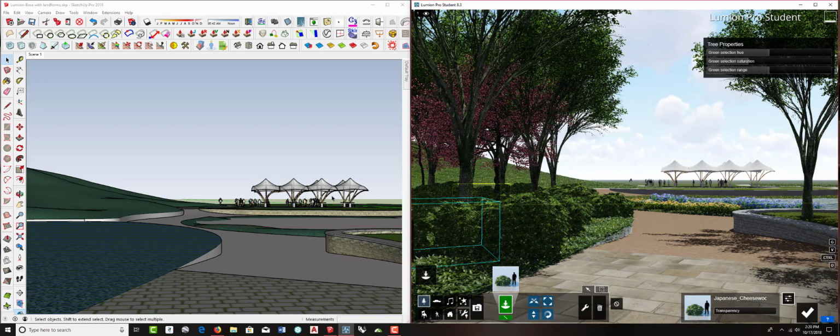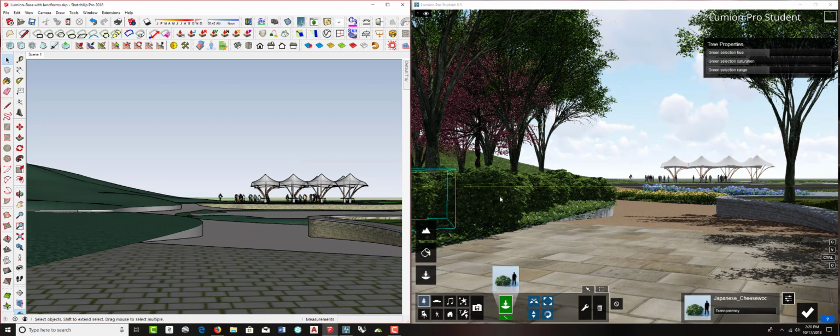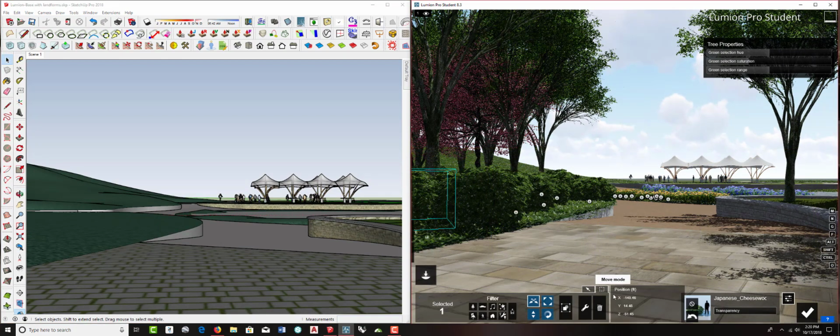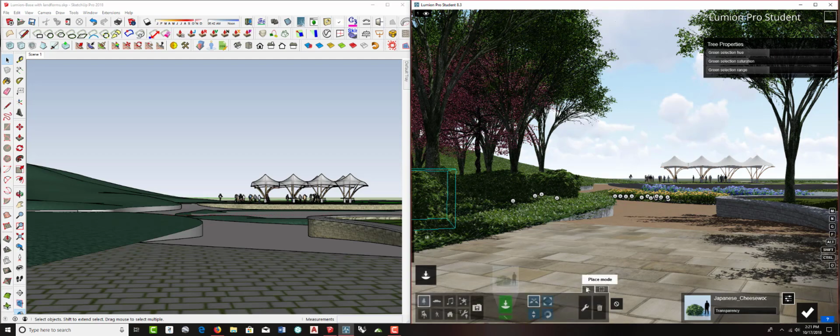I might decide, well, really based on this view, that's feeling a little crowded. So I'm going to go back to move mode, hit trash, and maybe get rid of a few of those. And I don't really like this one right out front there. I don't want that view to open up, and maybe I could pick up some of those, go back to place mode,